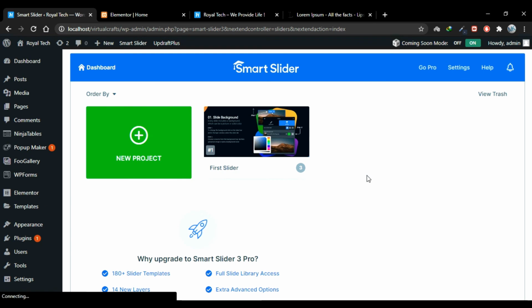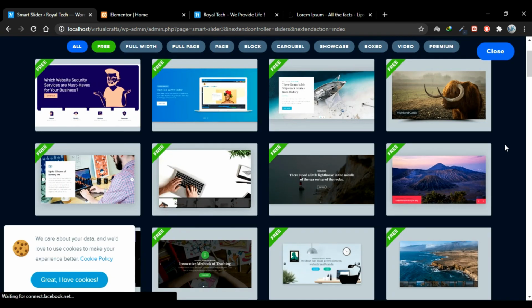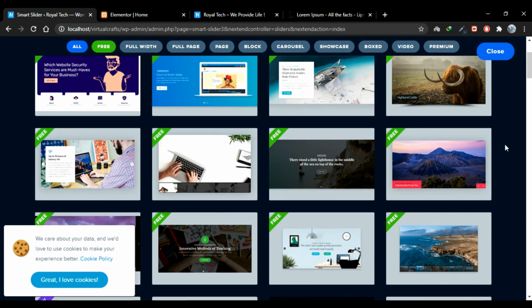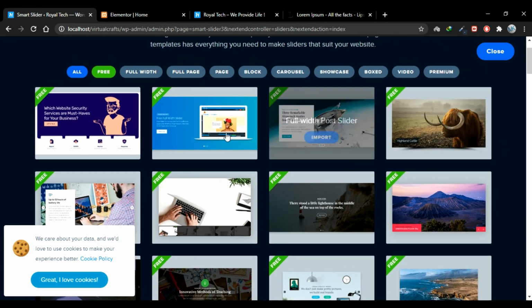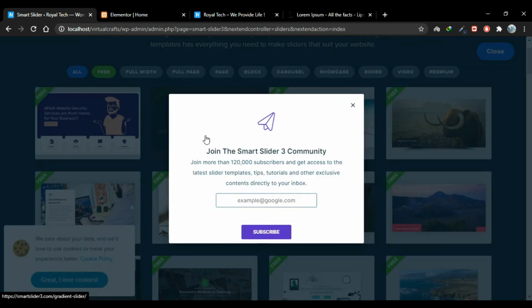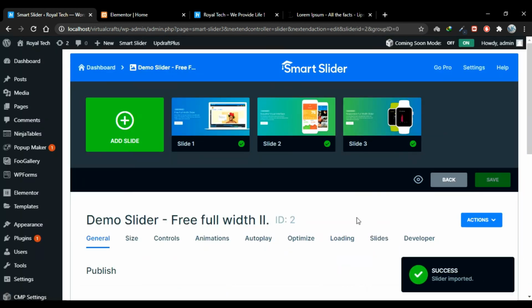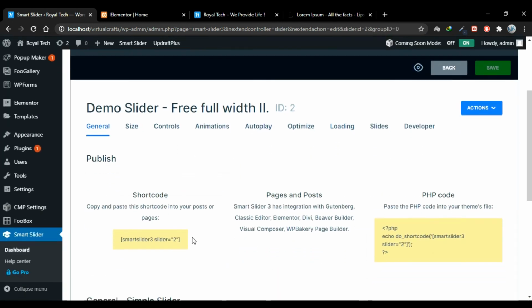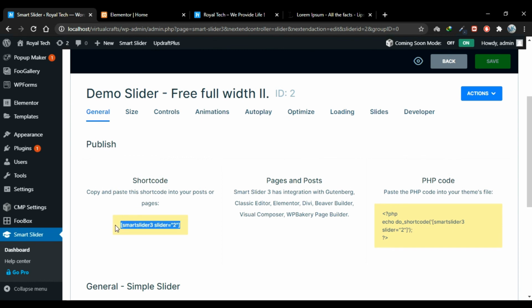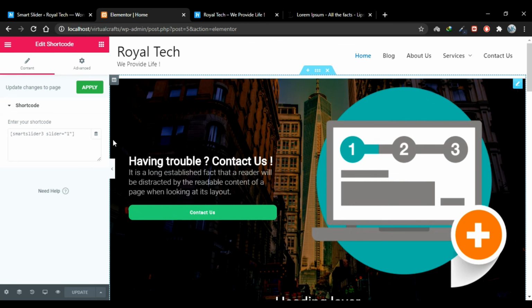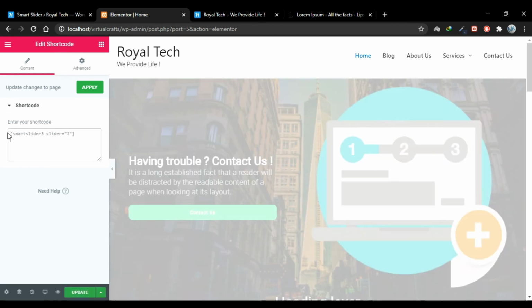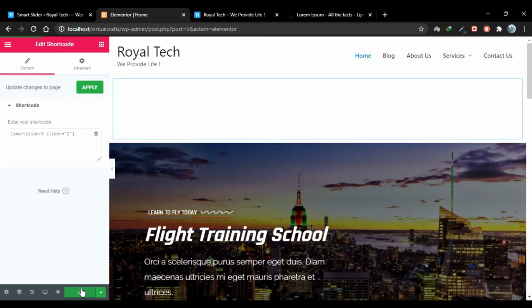Go to start with a template, and these are some free templates you have. Let's select any of these templates. For example, I select this one and click import. Now it's importing the template, and our template has been imported. Now this is our shortcode. Copy this shortcode, go to your home page, paste the shortcode here, click update,